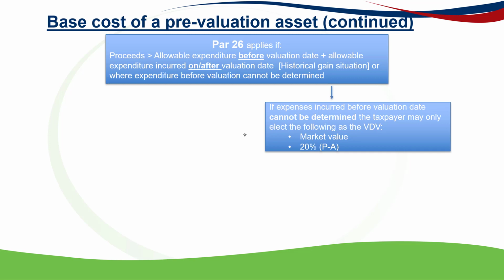So where a taxpayer cannot determine the expenditure incurred before the valuation date, they have two options: to either use the market value or 20% of the proceeds less allowable expenditure. So they will select either of these two options depending on which is favorable for them. Right? And then if the taxpayer